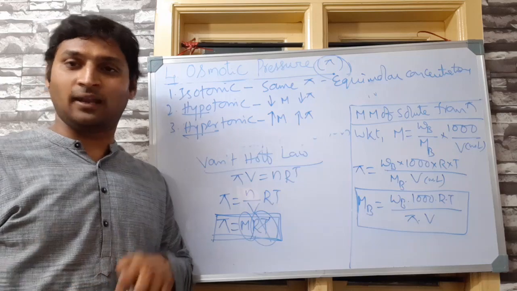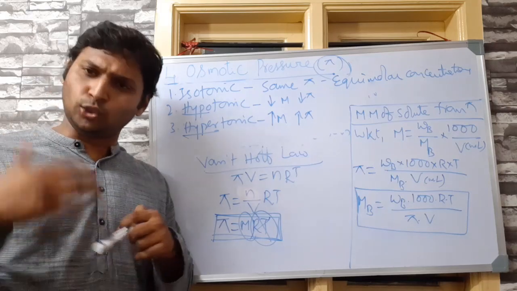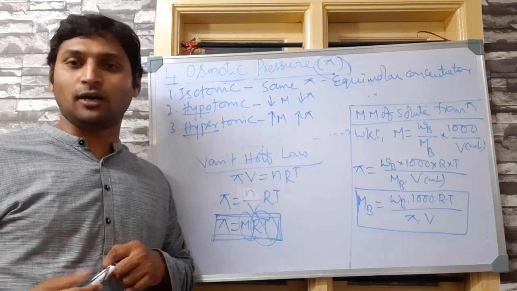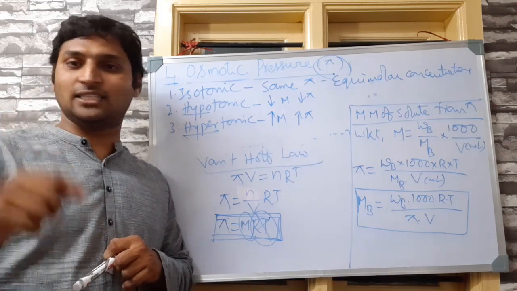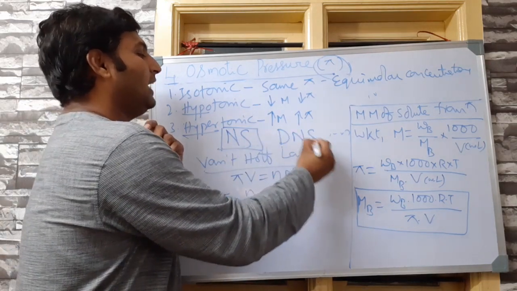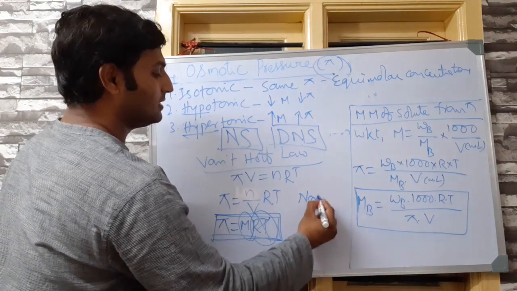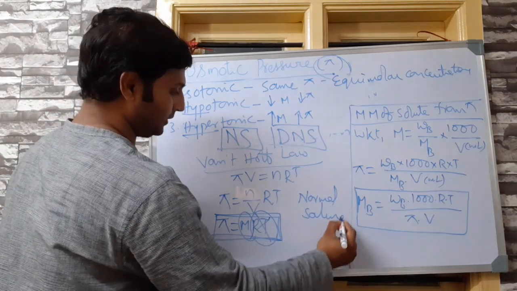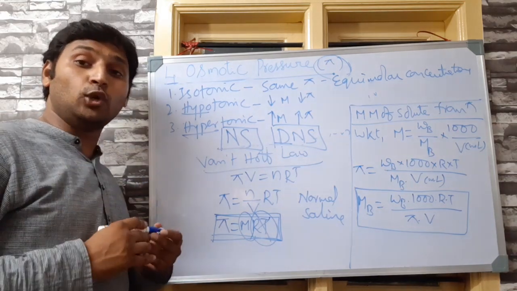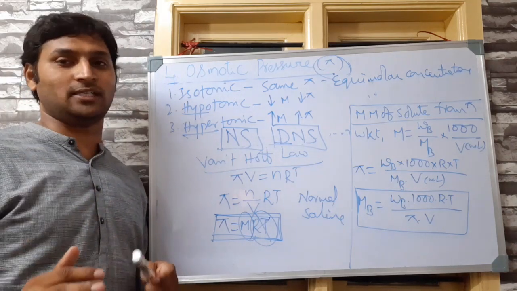One classic example I'll give you. Say you are highly dehydrated due to diarrhea or a sunstroke or anything. When you are admitted to the hospital, they give you an intravenous injection which will be labeled as NS most of the time, and rarely it could be DNS also. Here NS actually means normal saline. You must have heard of this already. DNS means dextrose normal saline, where dextrose means glucose. Why glucose is otherwise called dextrose, you will understand in the biomolecules chapter after understanding optical isomerism better, don't worry.